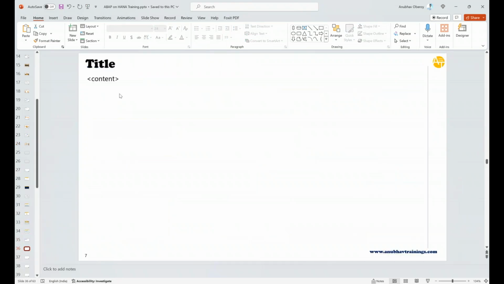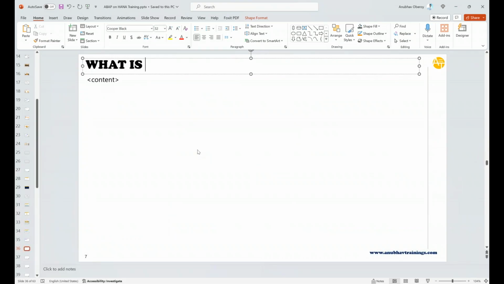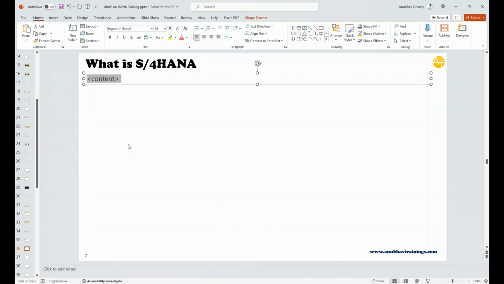Now, let me give you a brief introduction of what S4HANA is at a technical level. You might have seen many definitions of S4HANA at a high level. But let's understand what S4HANA is. So S stands for simplification. Now the question comes, what has been simplified? So mainly SAP removed many database tables when they redesigned this new ERP. So it's like a completely brand new car